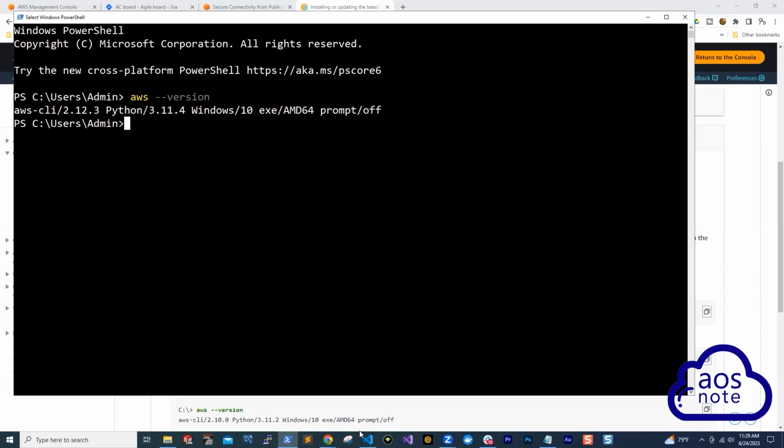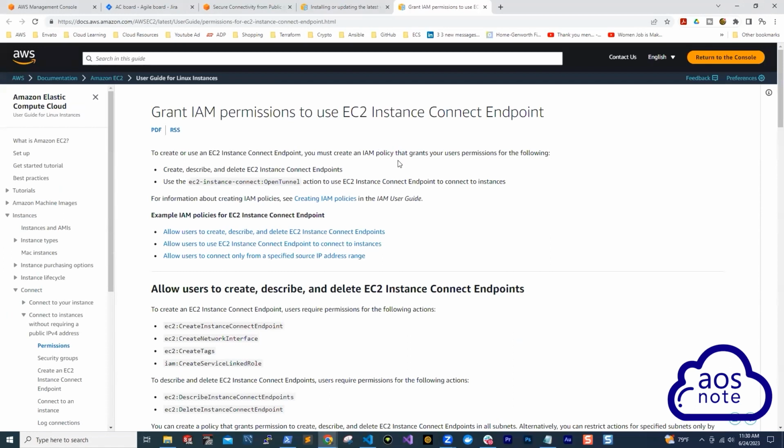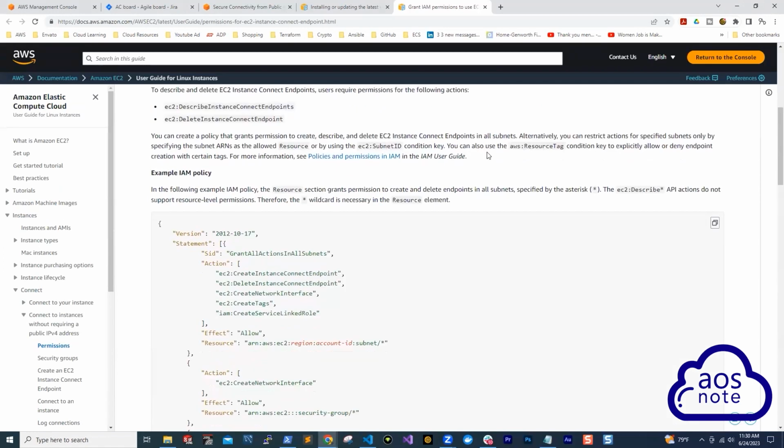That is the next thing we need to do. So once we have installed AWS CLI on our computer, we need to create two IAM policies. The first policy allows your EC2 user to be able to create the endpoint, and the second policy allows your EC2 users to use the endpoint. This came straight out of the AWS documentation. So what we are going to do is I'm going to use this link to access the documentation where AWS listed this. If we scroll down here,